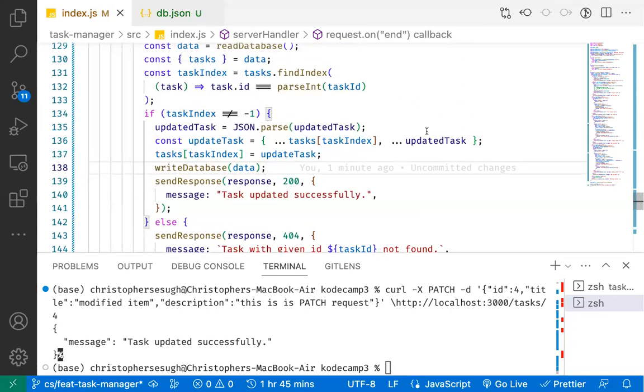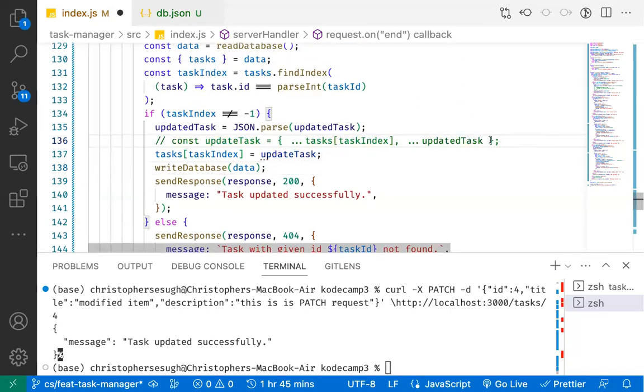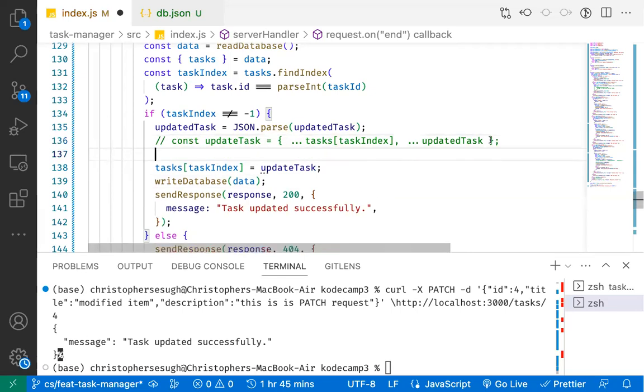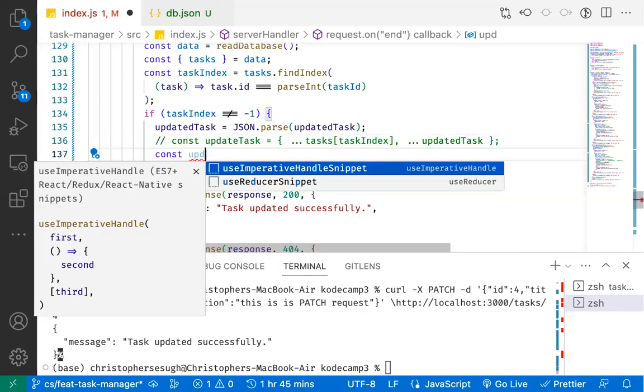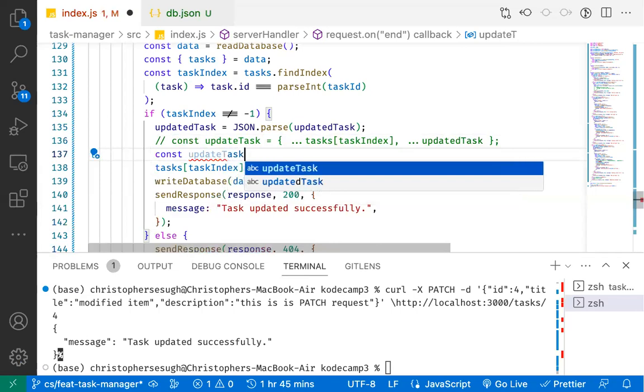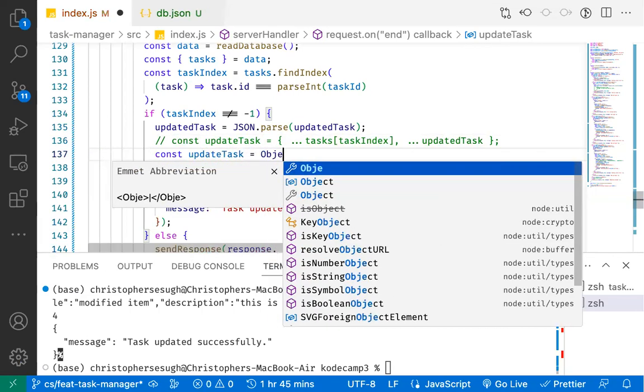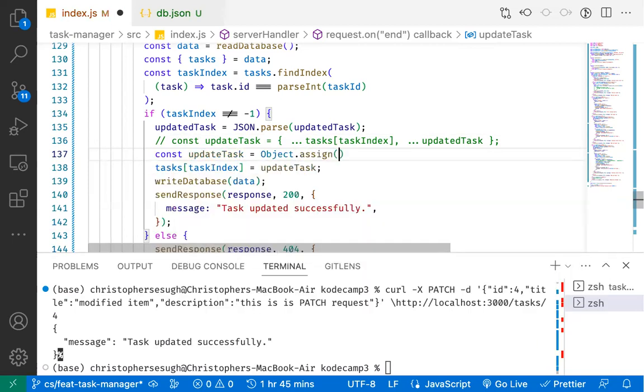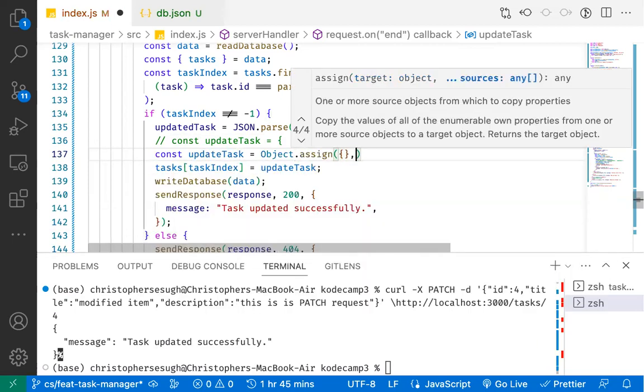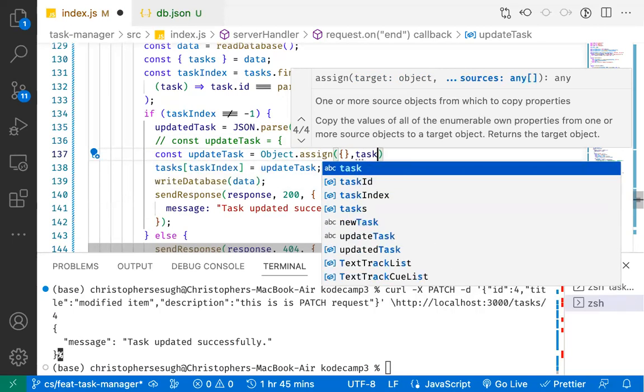Okay, but if you don't want to do it this way, we discussed objects, how to avoid mutability and practice immutability. So in this case, that is what we are doing. And you can say something like const updateTask is equal to Object.assign, an empty object. Then the object at that task index we want to modify,